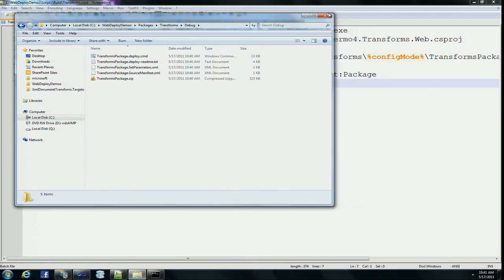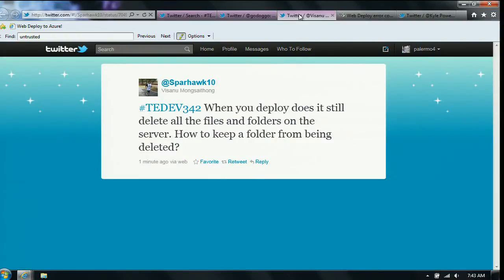So let's take questions via Twitter or afterwards on the mic so we can keep going. I do have something real quick on Twitter that's applicable. We did look at this a moment ago. When you deploy, does it delete all the files on the folders on the server? There's actually a checkbox that allows you to leave the files that are there. That's great if you're only uploading 2 or 3 changes, or if you click the checkbox that we talked about earlier, it will wipe everything out first, and then it also supports ASP.NET App Offline. So if you have an offline file, you can drop that in first. Your website will then show application is offline instead of a yellow screen of death,